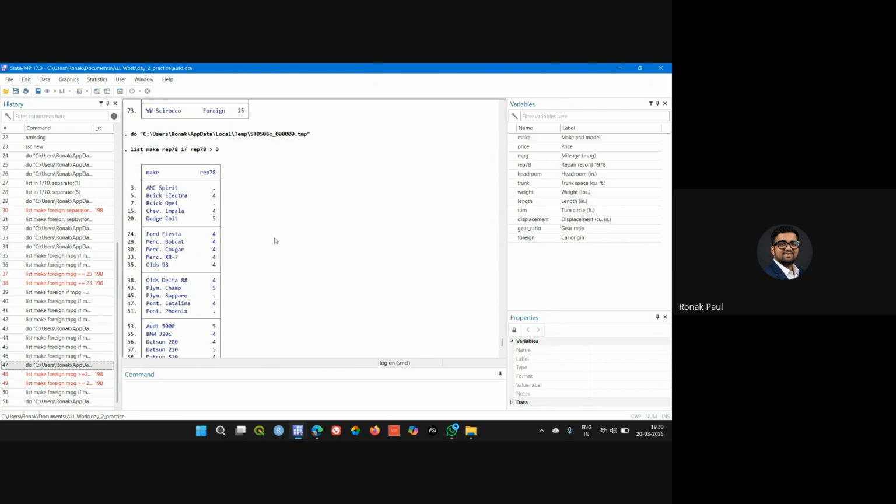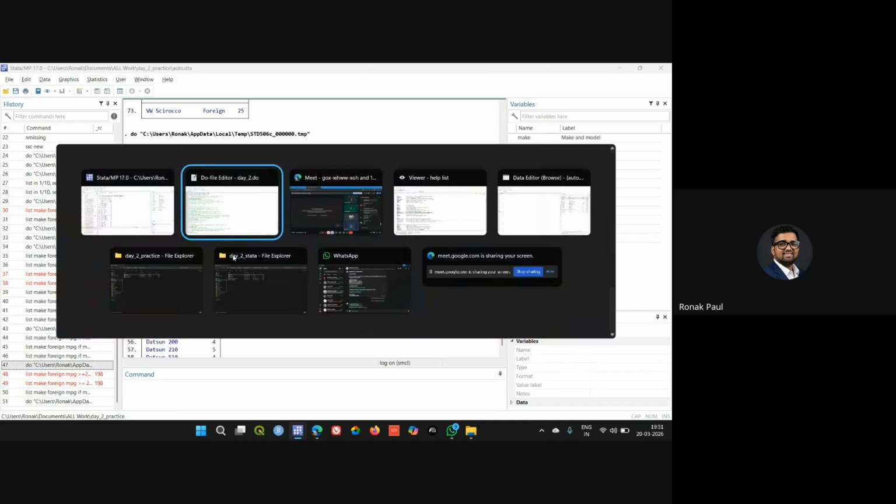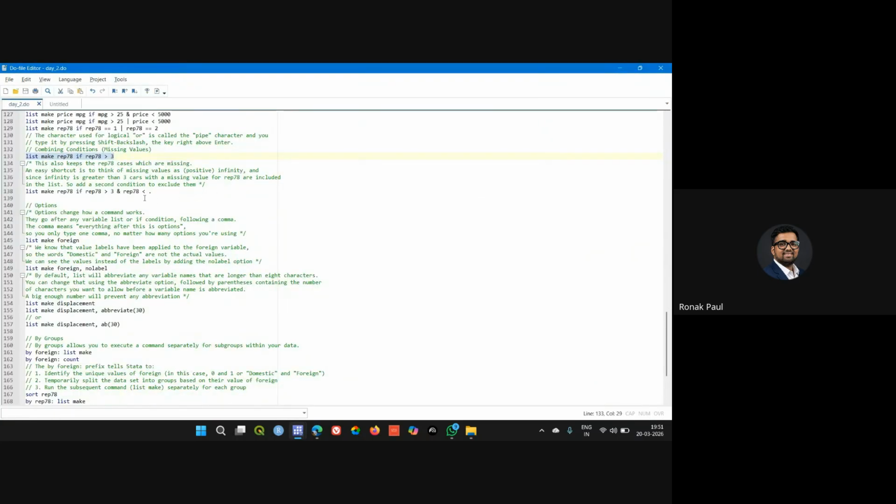That's how it's programmed. So whenever you say show me the repair records greater than 3, the dot values automatically come up because it's a huge positive number, and that is obviously greater than 3. So that's why these dot values show up. To avoid such mistakes when you want to arrive at specific conditions or specific data points,